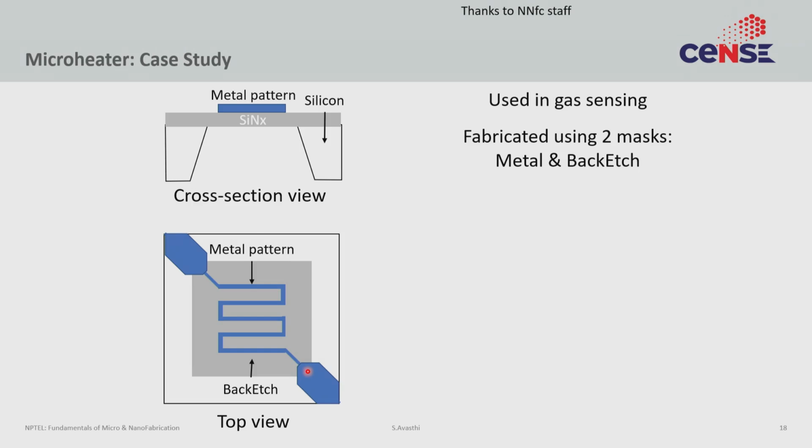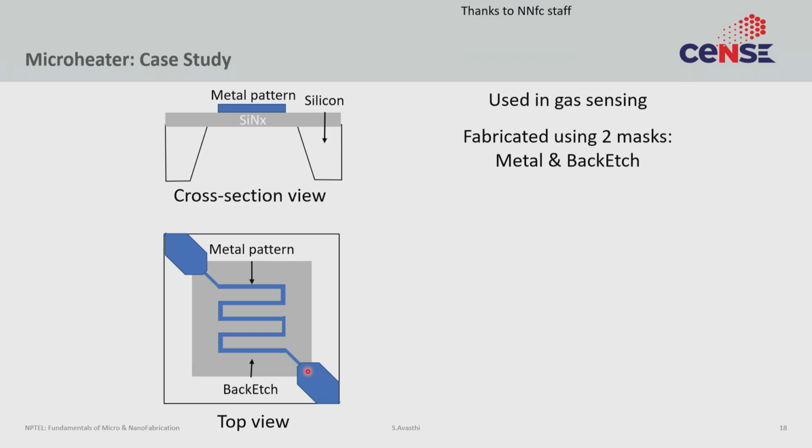So here's a very interesting case study of what can happen if the mask is designed a little poorly. And this happened in our clean room. And it's an interesting story. So what they were trying to make was something called a microheater. Very simply, the microheater has a metal filament. So you flow the current in the metal filament, and because of that, it heats up just like a bulb heats up. And because of that heating, you can then heat the substrate. Okay, so that's what the microheater is, right?